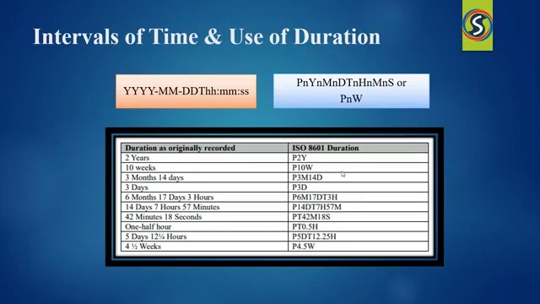So ISO 8601 allows an interval to be represented in multiple ways. So one representation is where we have a 4-digit year, 2-digit month, 2-digit day. Then a separator for time, hours, minutes, seconds, separated by colons. So here it is going to represent the interval by providing the start date or your end date and end time as well as a boundary.